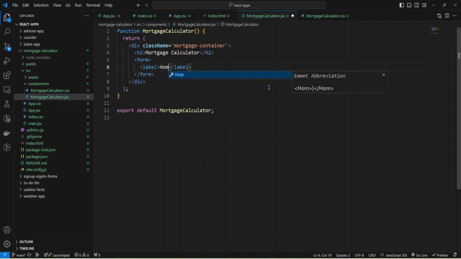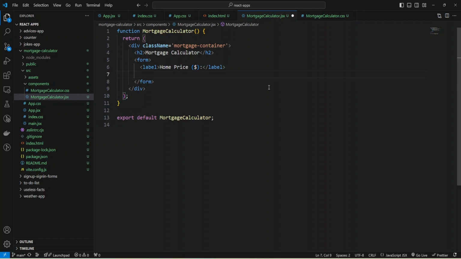The first input is home price, and we can place a dollar sign and add an input, and it will have type number, and also we need a name. Name will be amount, and this field will be required.